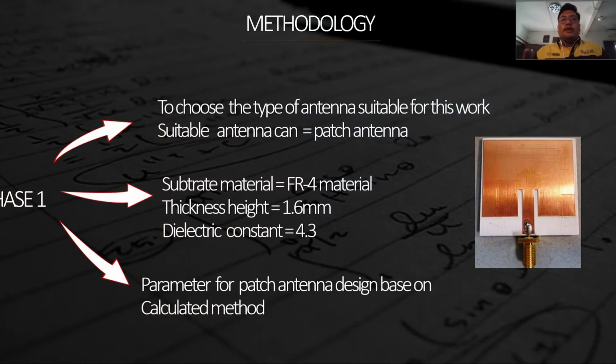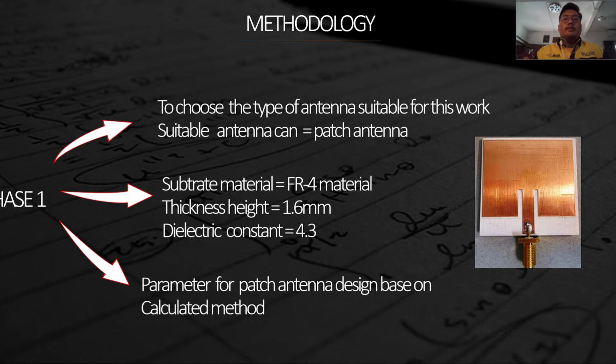So in the first phase, we need to choose the type of antenna suitable for this work. So we choose a patch antenna. The material for designing the patch antenna, we use FR4 material. The thickness of the FR4 is 1.6 millimeter, and the dielectric constant is 4.3. So after we have all the materials, we need to manually calculate the method for designing